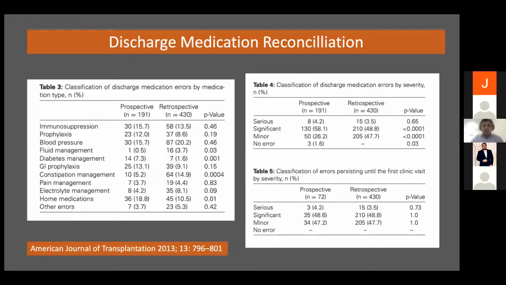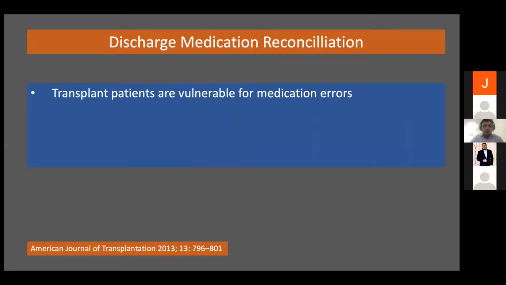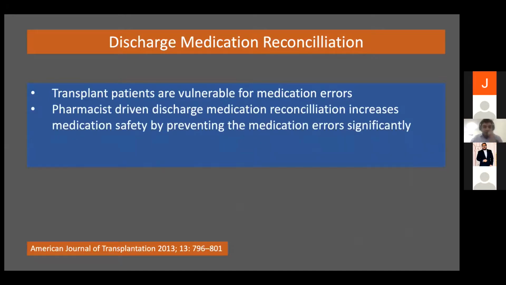Now, regarding classification of discharge medication errors by severity, serious discharge medication errors encountered in the retrospective analysis were 15, when compared to the prospective analysis it was only 8, so it was addressed in ample time. Now, transplant patients are very vulnerable to medication errors, and pharmacist-driven discharge medication reconciliation increases medication safety by preventing